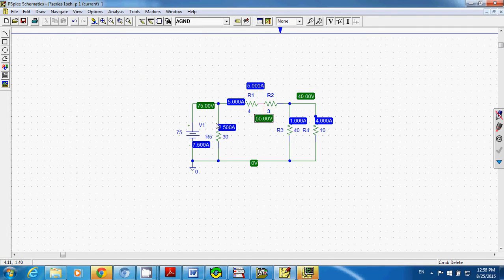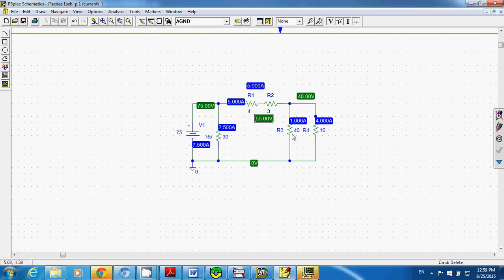So what you have here is the source voltage 75 volt, and you can see that the voltage difference between this point and this point, or the voltage drop across the 30 ohm resistor, is 75 volt, the same as the source voltage. And that shows you the current 2.5 amp flowing through the 30 ohm resistor, and here you have 7.5 amp current flowing, and also here you have 5 amps current flowing through the 4 ohm resistor and 3 ohm resistor,